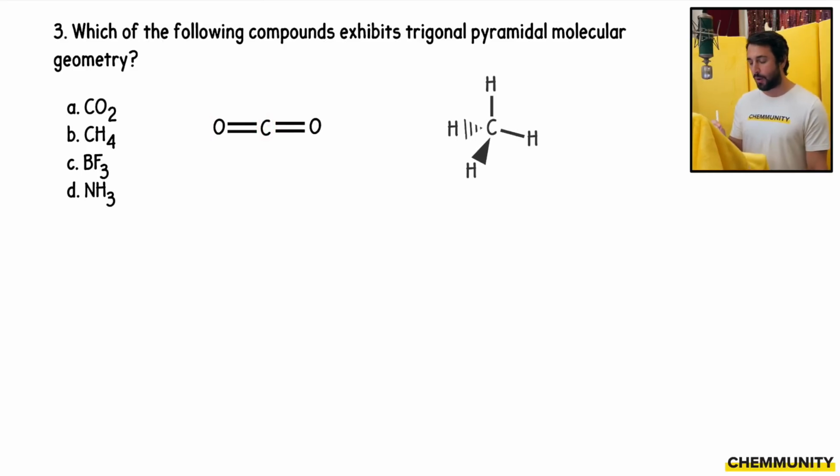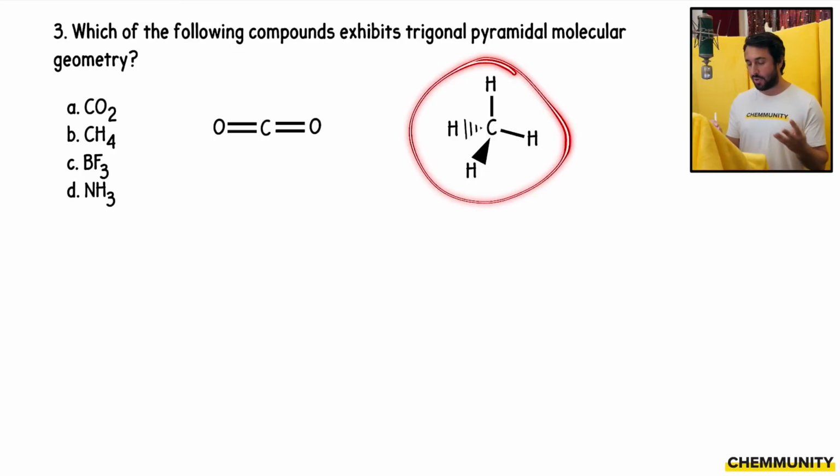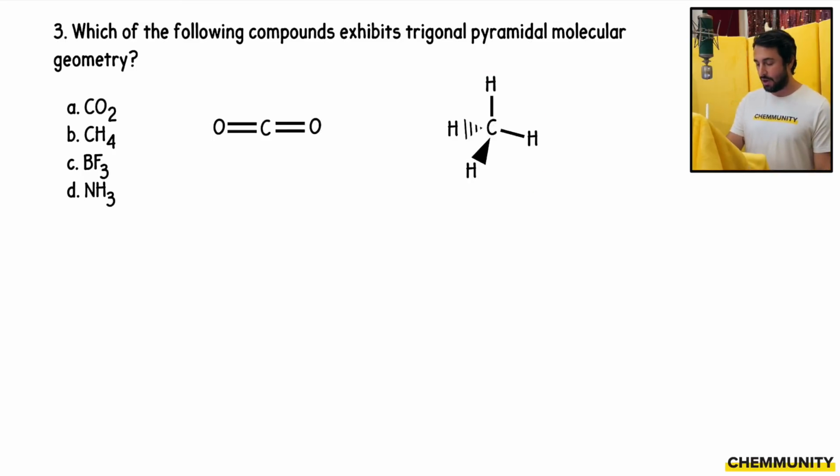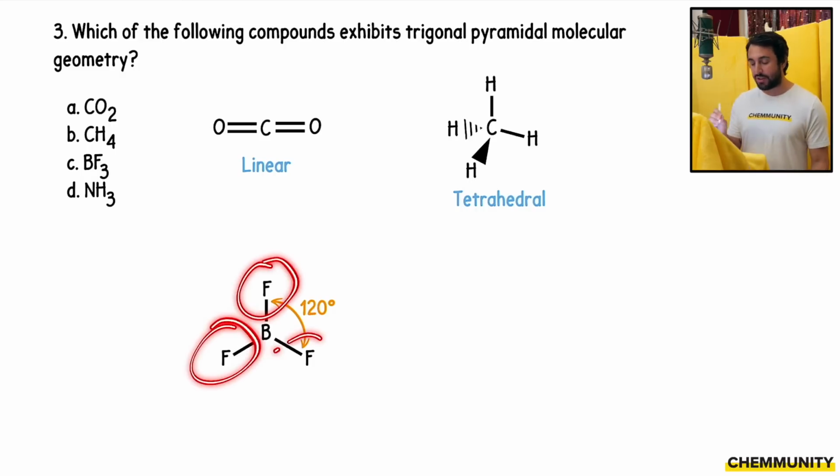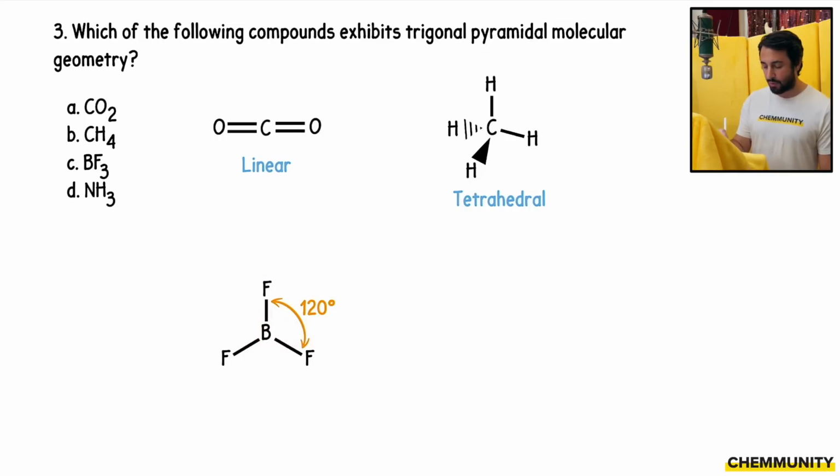Then looking at CH4, now carbon is making 4 covalent bonds, 1 to each of the hydrogen atoms. So that is going to show a tetrahedral geometry rather than a linear geometry. There is our CH4. Now BF3, boron has 3 valence electrons, so it can make 3 covalent bonds. So it's going to make 1 covalent bond to each fluorine atom. It's very important to understand that boron has only 3 valence electrons because that affects the geometry of the molecule. With only 3 electron domains surrounding it, it is going to adopt this configuration that we see here, as opposed